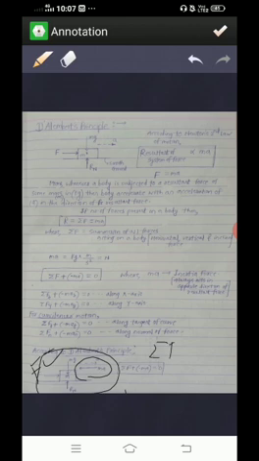summation of F of x, is equal to, summation of F of x plus minus ma equal to 0. Okay, so why do we take minus ma? Because the direction of this ma is opposite to that summation of F of x, so it is minus ma, and this minus ma is nothing but the inertia force, and that is D'Alembert's principle. I think the principle of D'Alembert's is clear.